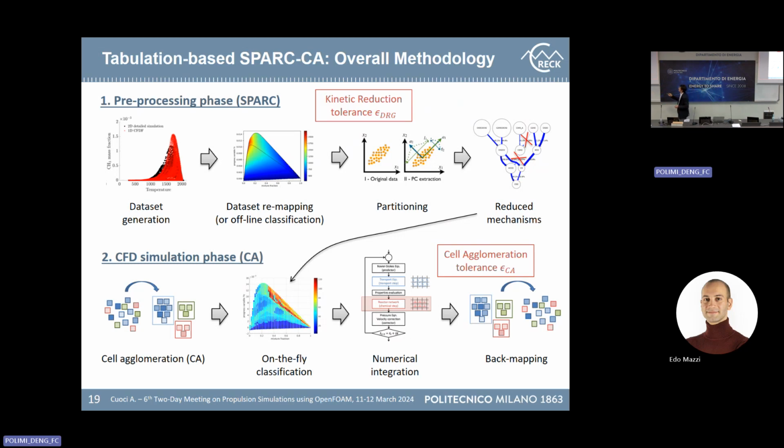Again, the point here is that we can control everything with two parameters only. In the pre-processing phase, we simply choose a tolerance level for reducing the kinetic mechanism. Typically, we use the DRG technique or DRG-EP technique. So we prescribe a tolerance for governing the level of accuracy we want to keep in the reduction process. And then we have a second parameter in the CFD simulation phase, which is the cell agglomeration tolerance, similarly to